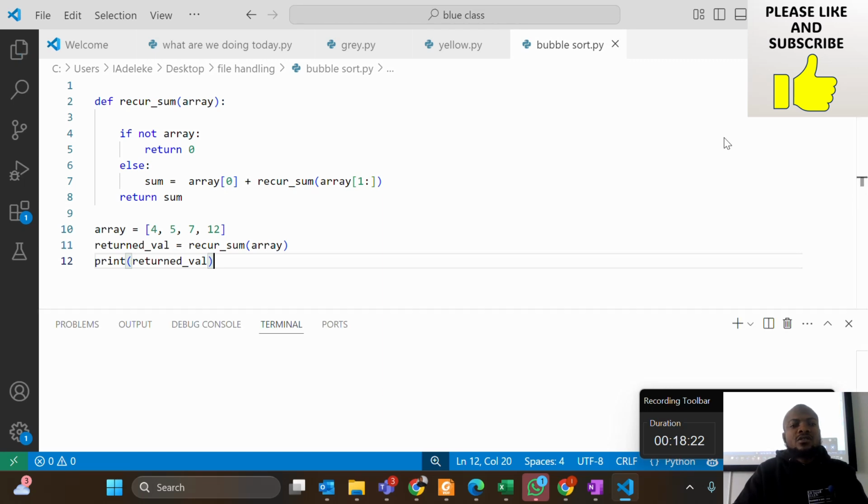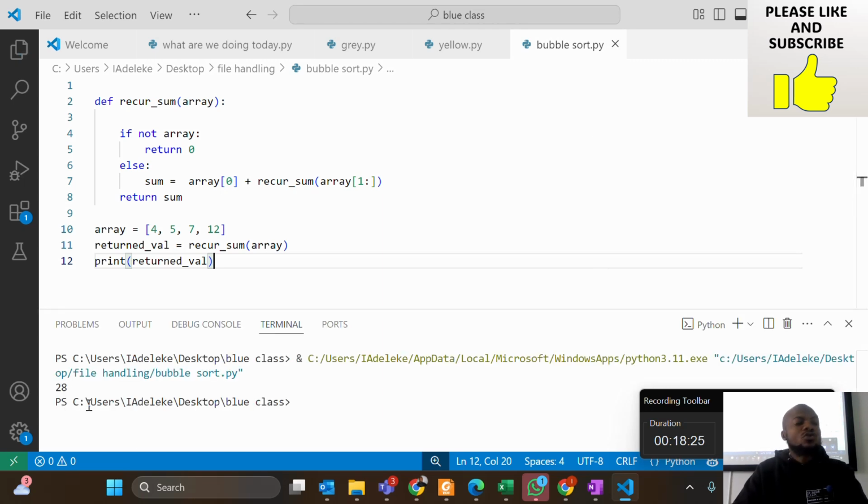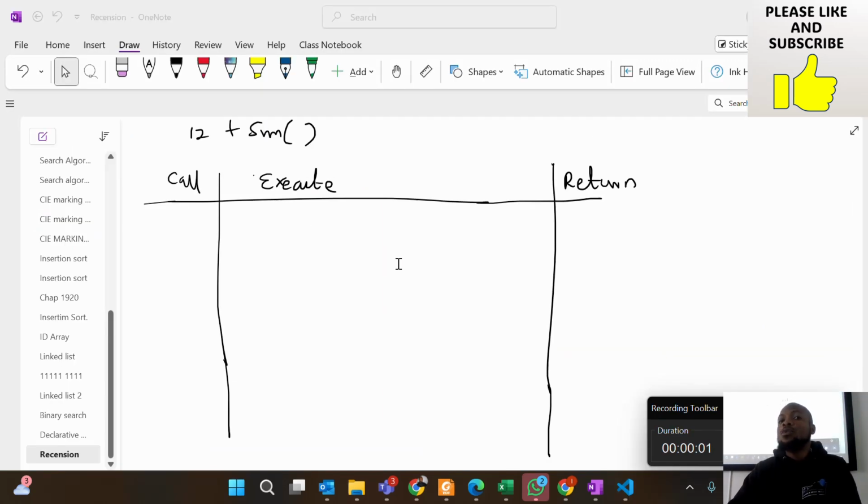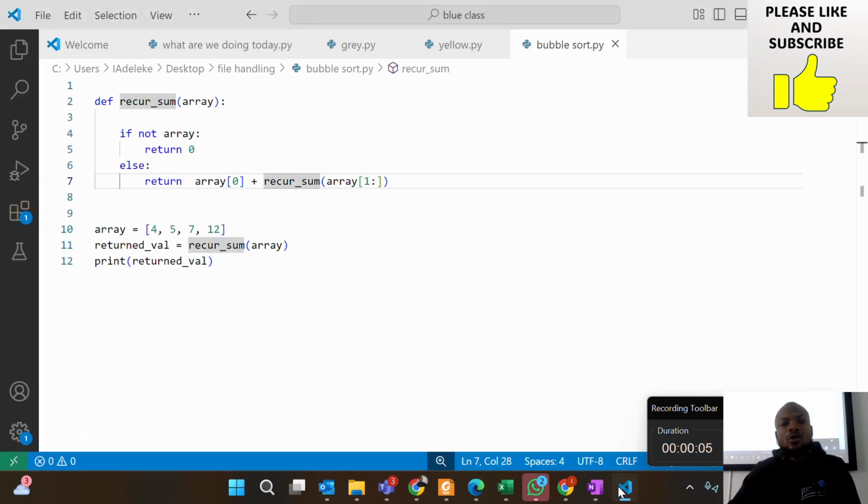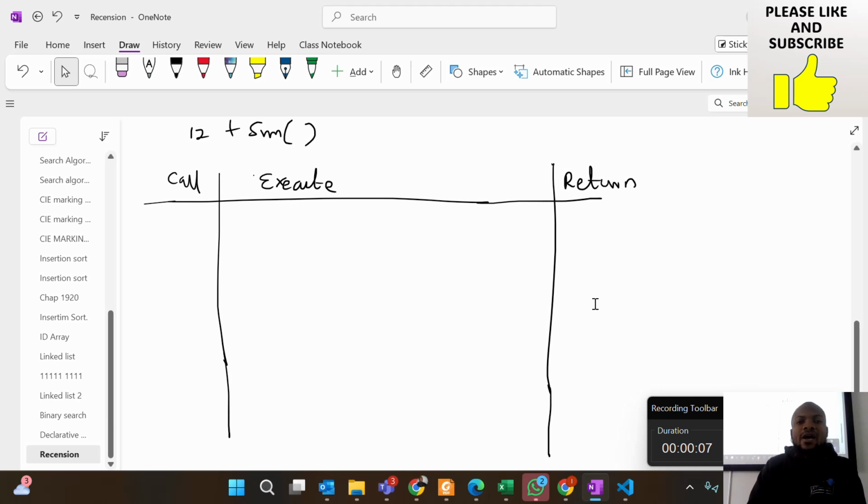So when you run this, then you should have 28. Let's draw the trace table to understand what actually is going on in the background of this code. So the array is equal to 4, 5, 7, and 12. So for the first call,